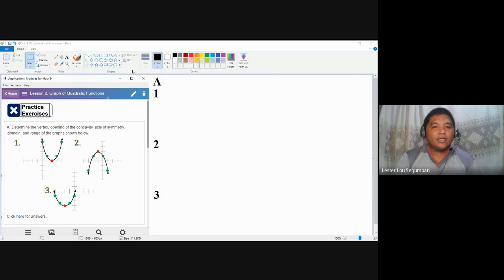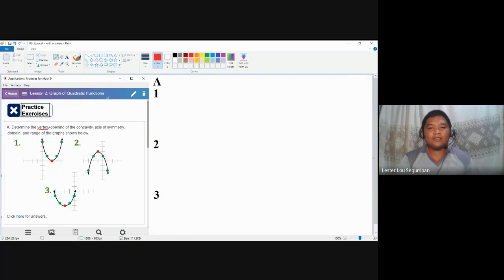But of course, we all know that the graph of a quadratic function should be in the form of a parabola. A parabola actually looks like this. It's more like a cup. And we can only show the correct parabola if we have the vertex. That's why in the previous videos we were able to determine the correct vertices of a quadratic function.